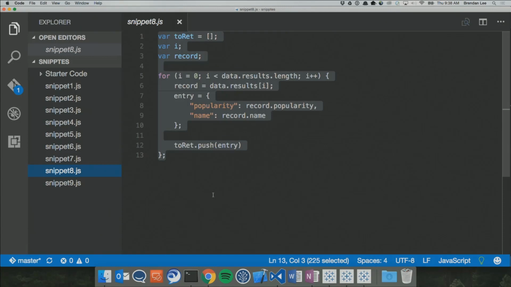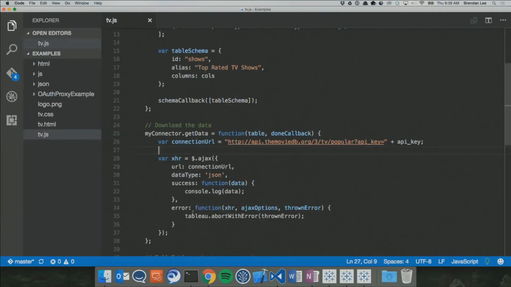source a bit. So what I'm doing here is I'm just iterating through that results array that we saw earlier in the console. And I'm making a new JavaScript object that just contains the 2 fields I'm interested in. I'm then storing them in another array so that I can use that value later. This is not specific to the WDC API. This is just some JavaScript to clean up the information I got back.